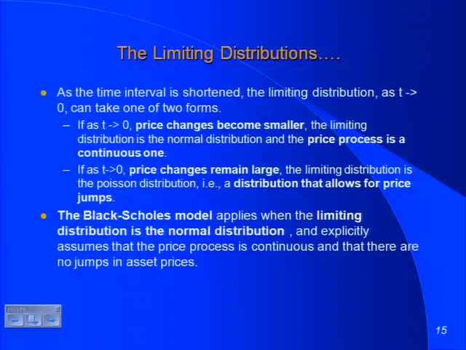You can already see the bias that this is going to create in the model, right? Because prices can't jump in the Black-Scholes world, what kind of options is the model most likely to undervalue? At the money options, deep in the money options, or deep out of the money options? You see my question? You're using the Black-Scholes to value listed options. I gave you the assumption. Black-Scholes is built on the assumption that prices don't jump. What type of options do you think it's going to underestimate the value on?